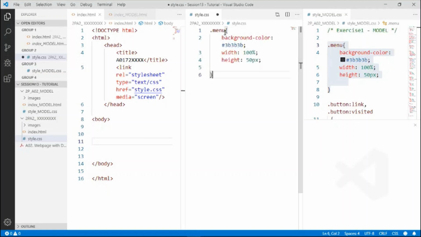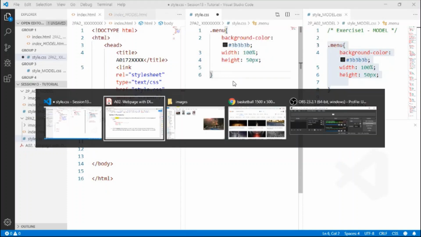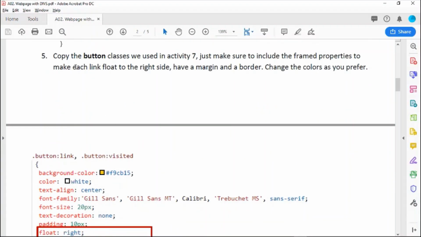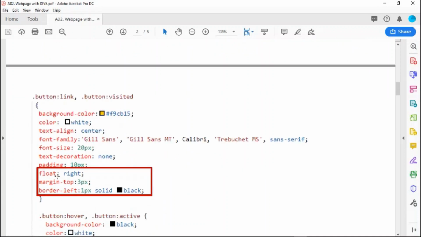That is the one that you should really have. Okay, so I have my background color already set, the width of 100 pixels and the height of 50 pixels. Okay, and I'm done. Then following the document, we're going to copy the button classes we use in activity 7. Just make sure to include the frame properties, these properties: float, margin top of 3 pixels, and the